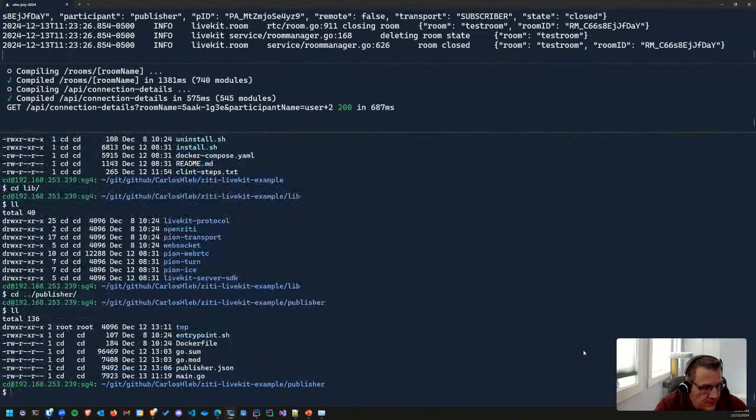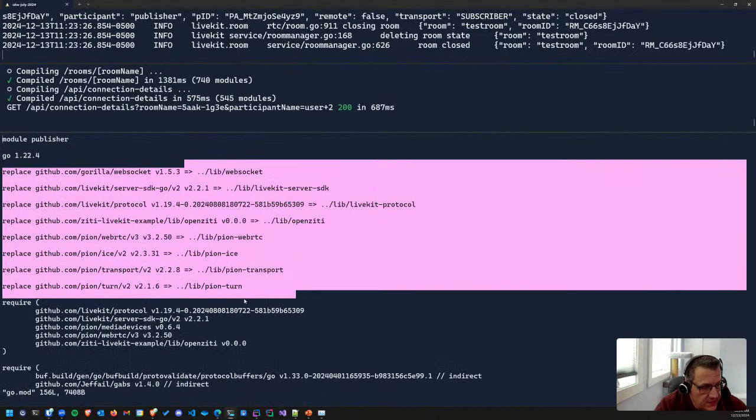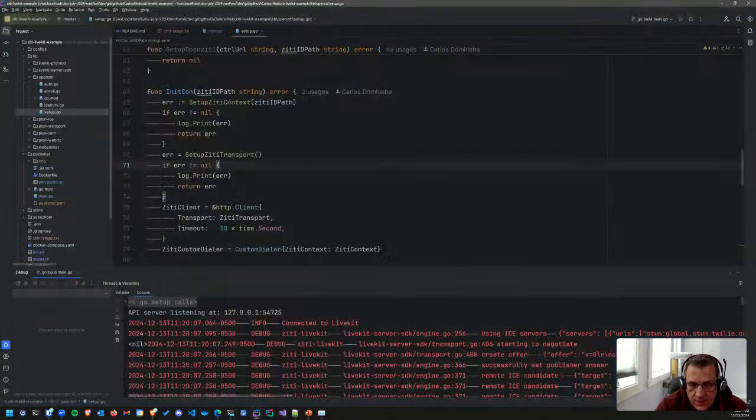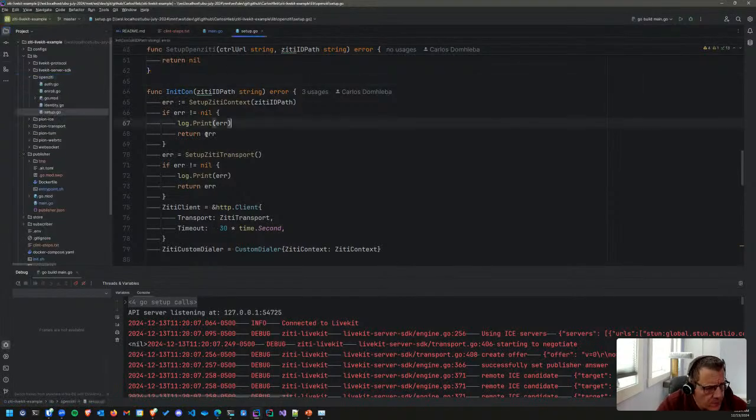Let's go back to the publisher again, and inside of here, if I look at the go mod, you can see all those replaces are in place. That's important because when I come back to GoLand and go into lib and we see all this stuff, we'll understand why we're in here. And so in the OpenZiti stuff,